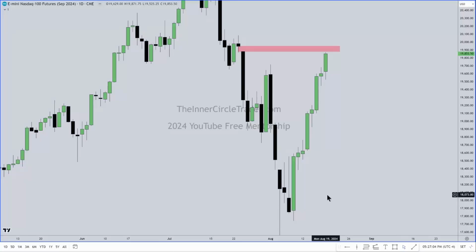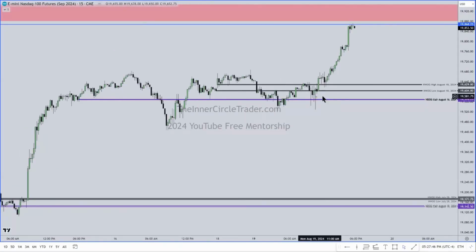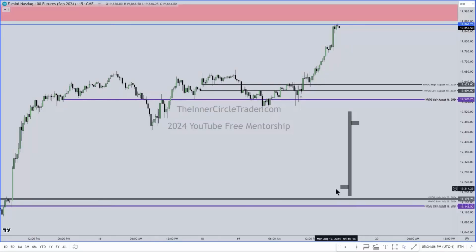Whatever one of those liquidity pools is taken first, usually the opposite, it goes for that. Okay, so we have another example of that today, and you can see today's action right in here. That's where the institutional order flow entry drill was called real time. So I drew out this idea today, and I was talking about how if we're trying to enter and hold